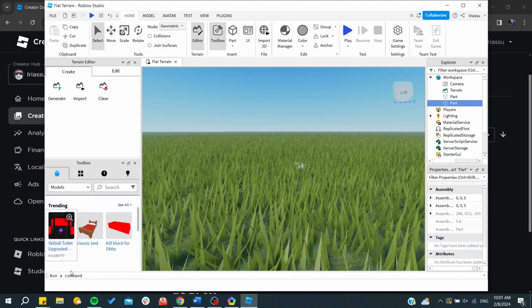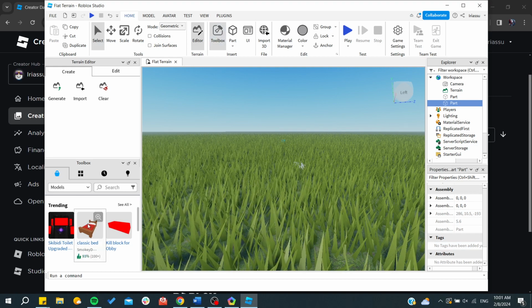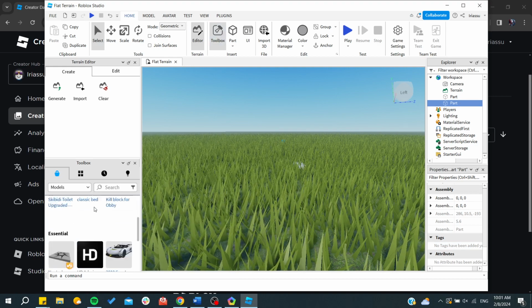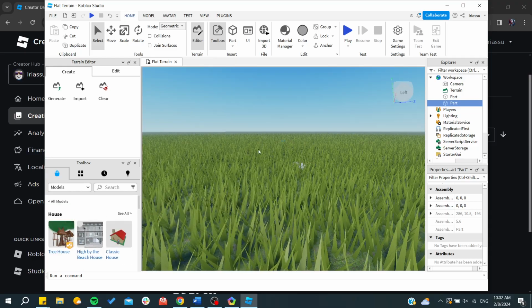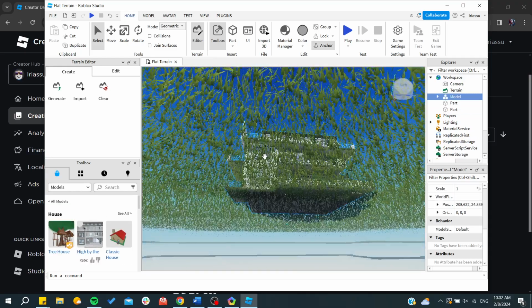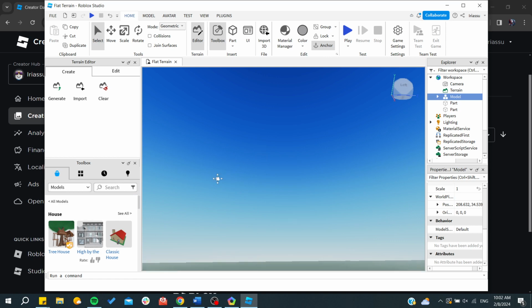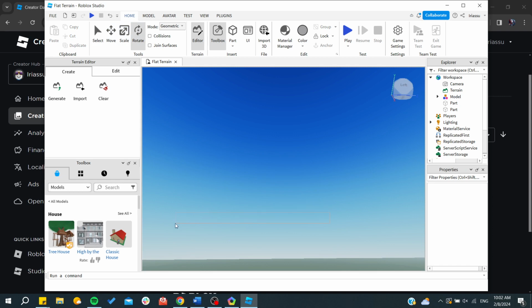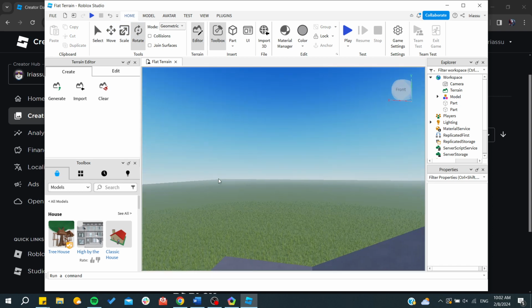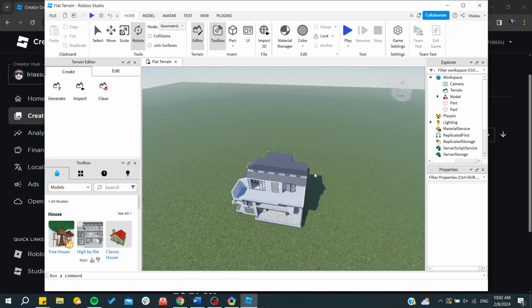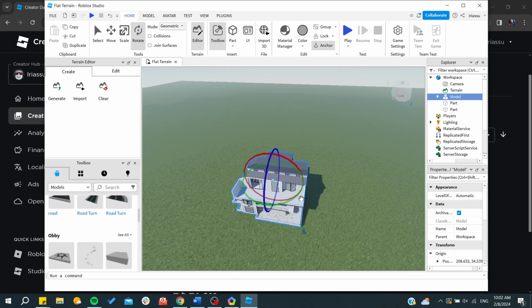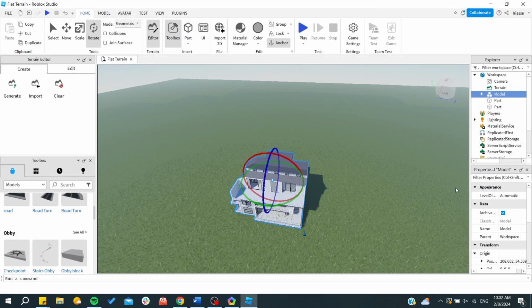Or you can go here to the toolbox and start taking from models. For example, for this structure, I will take this house and I will put it as it is in the model. So basically, let's just rotate here and have a slight rotation. And as you can see, this is the house. You can take it from the models, and of course you can start modifying and editing